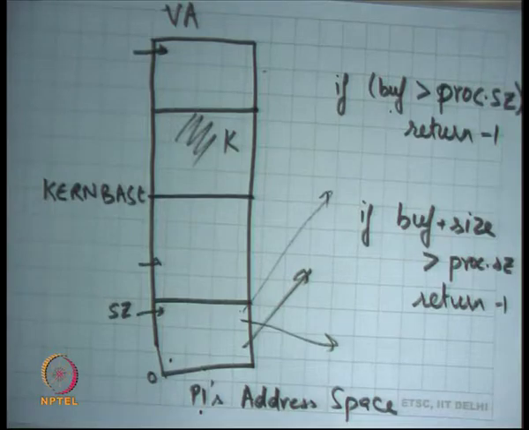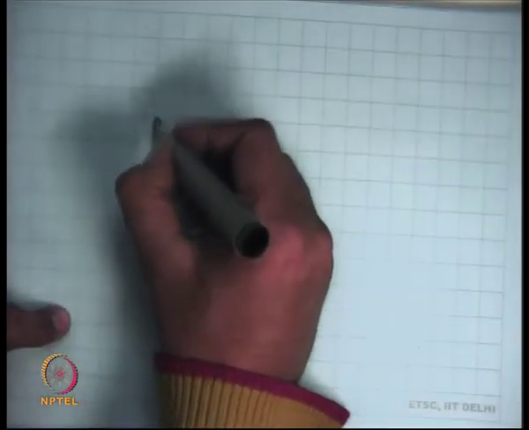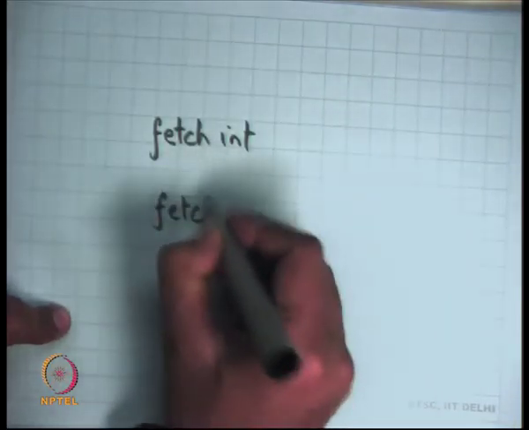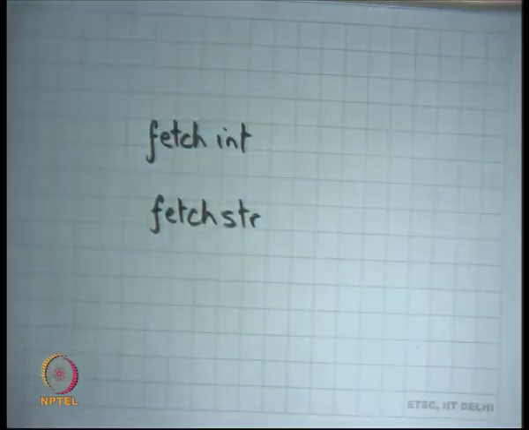All right. I'll encourage you to look at these functions in x86 code called fetchInt and fetchString. These are the functions that are doing these checks before dereferencing any user pointer. These are functions designed to handle user pointers inside x86. So the convention that the x86 programmer has followed is that anywhere I have to dereference a user pointer, I'll never do it directly. I'll do it using these special functions called fetchInt and fetchString, and these functions should do the appropriate checks.